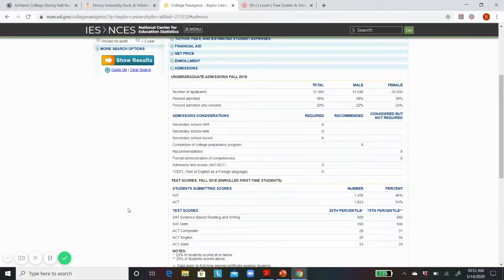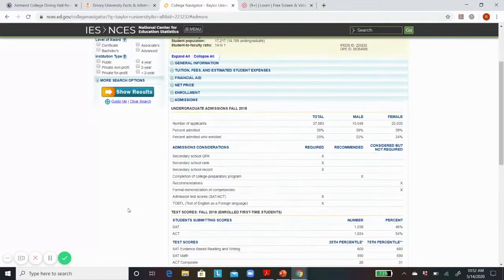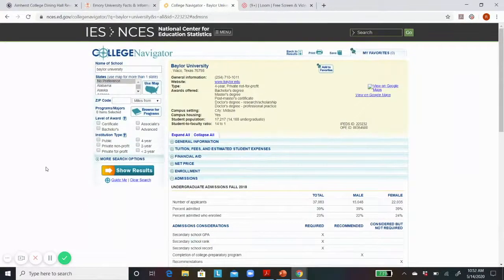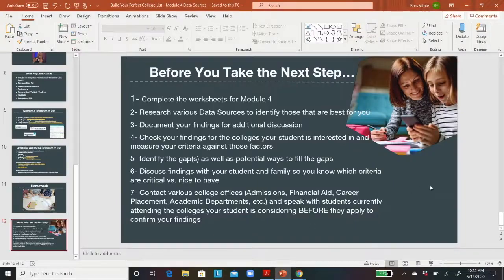Doesn't mean it's not a great resource, because it is. But again, it depends on the type of person you are as to whether or not this is going to be comfortable for you, or you'd rather use another source. So these are all examples of what we were talking about relative to taking the next steps and trying to validate the criteria you have established in Modules 1 through 3 by using data sources that are pointed,